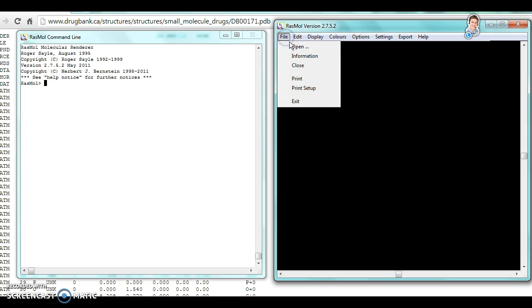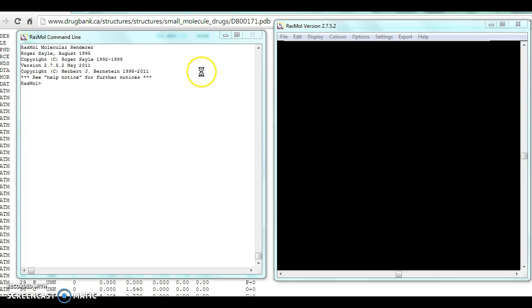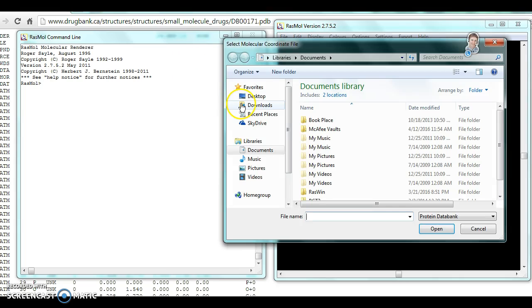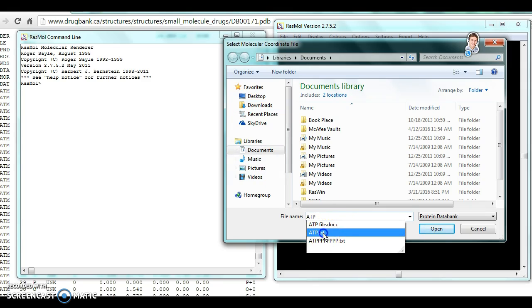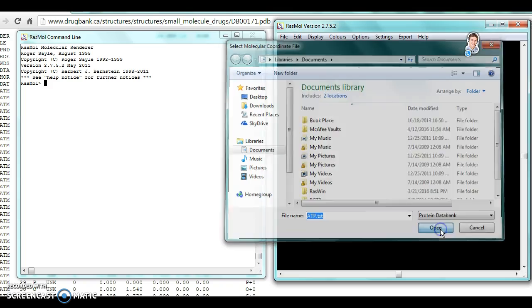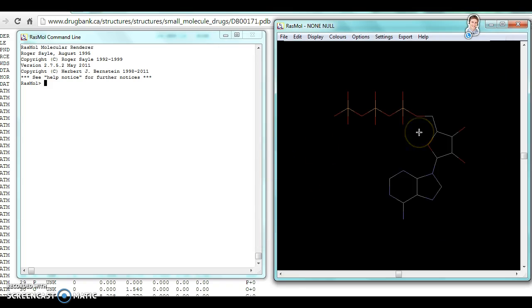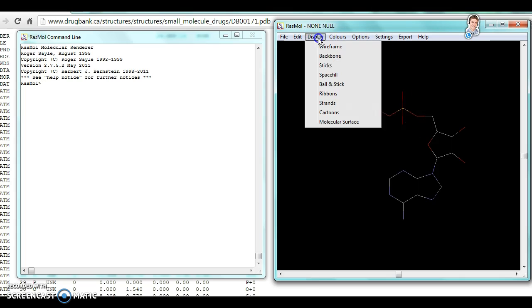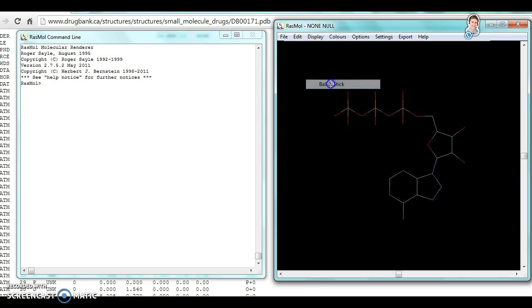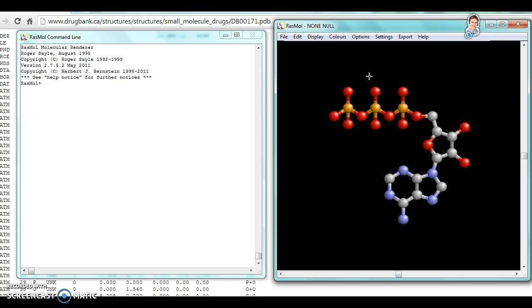Okay, you're going to go to File, Open, and we're going to find that ATP. Open. And that is going to pull up our molecule. So we're going to go to Display and hit Ball and Stick, and that's just going to change the display. And this display right here is just going to help us see all the different things that we can do